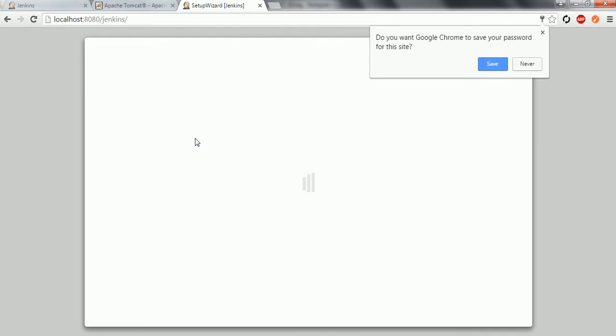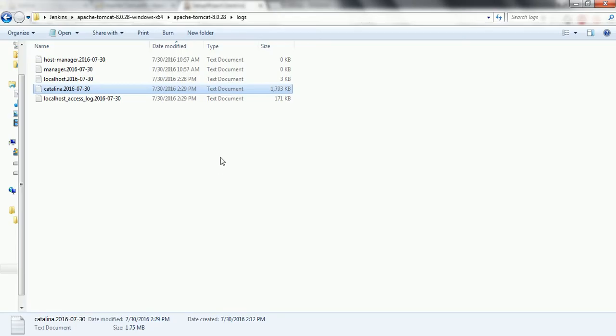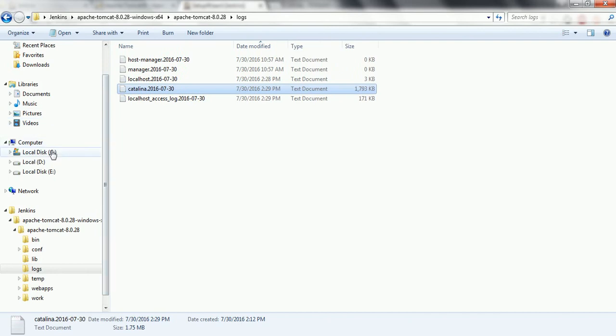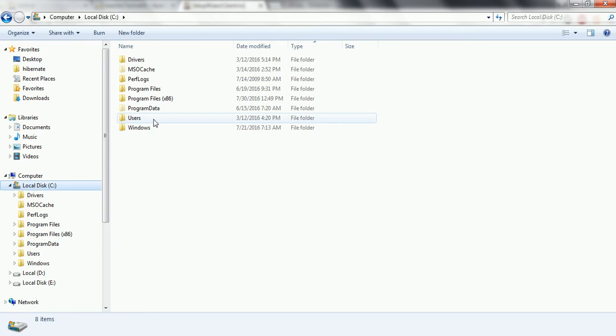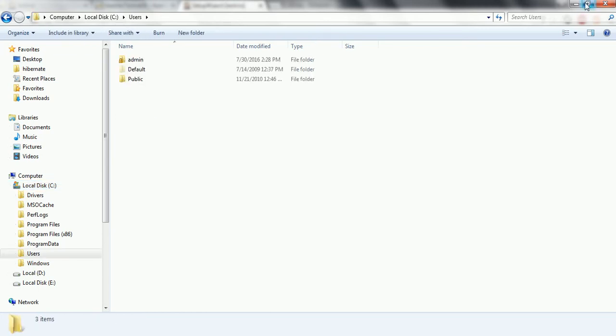So once this is done, it will come to the previous step, and we follow the previous steps; everything is going to be the same. Another way you can find the password for this initial setup user is to go to the user account folder. Whenever you install Jenkins on the server, the default path is the home directory: go to the C drive, and then inside it go to the admin.